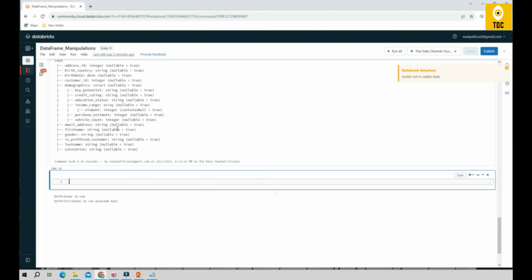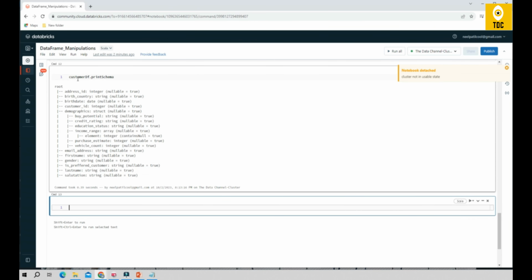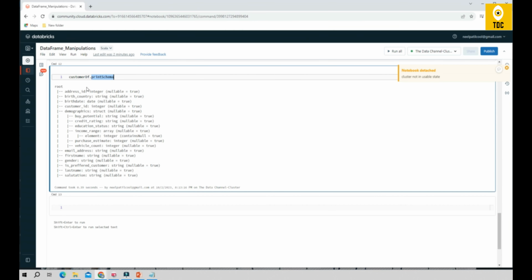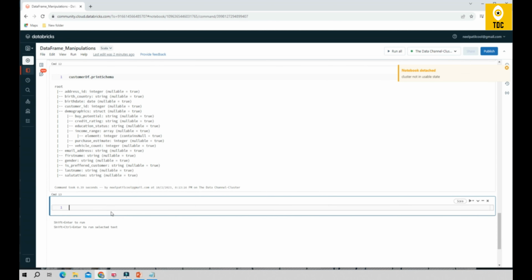Coming back, as you can see, this is a customer data frame, and when I do a print schema, I'm able to see these data types, and currently address ID is of integer data type, right? So I want to change it to long. So how do I do that? Basically, I can do a customer df dot